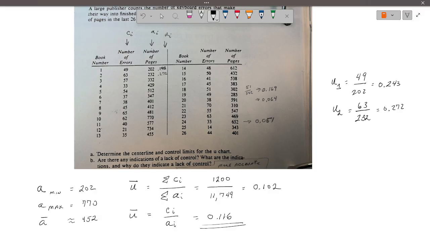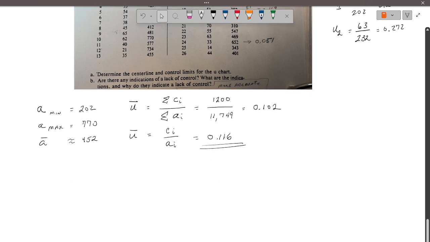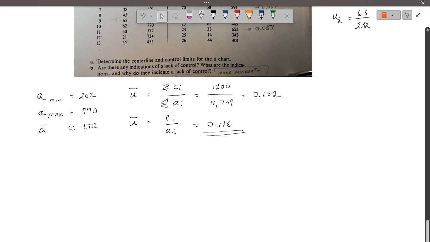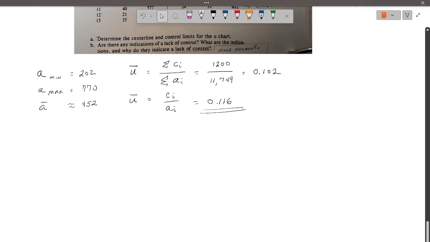That makes sense, or did I do that complicated? Are you good? Maybe. Maybe's okay at this point. Luke, you good? Okay. All right, so with a spreadsheet, that's going to be a lot easier. Now, what that does for me is actually calculating each U value for each set of books will make you have better control limits than if you did the other way around. But after that point, once you make a choice which one you're using, and I'm going to go with the 0.116, you come back to